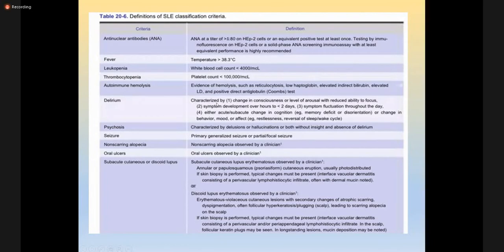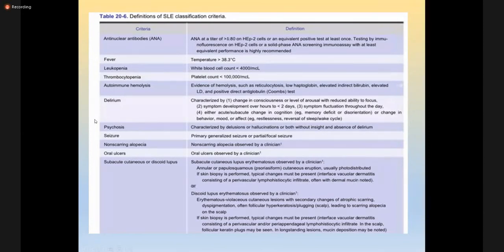And when we will label a patient that he or she is having delirium, when there is change in the consciousness or level of arousal with reduced ability to focus, when the symptoms develop over less than 2 days, and they are fluctuating throughout the day, either acute or subacute changes in the cognition, that means the patient is having a memory problem, patient seems to be disoriented, there is change in the behavior of the patient, found to be aggressive, restless, or simply there may be reversal of sleep cycle. Patient is sleepy most of the day and he is waking in the